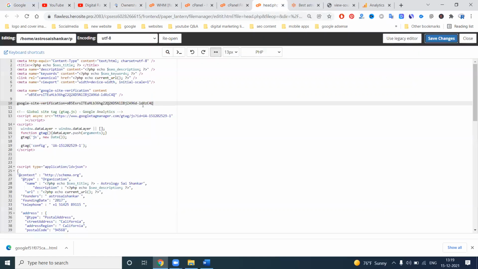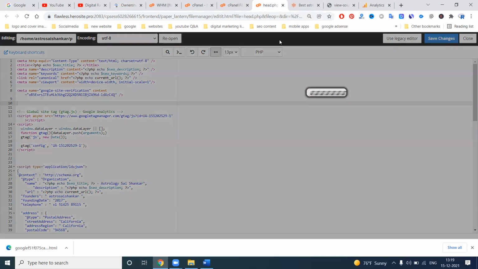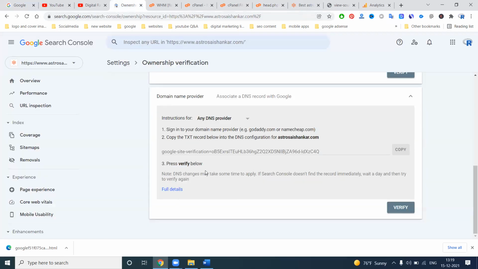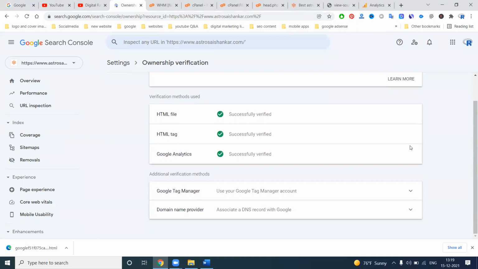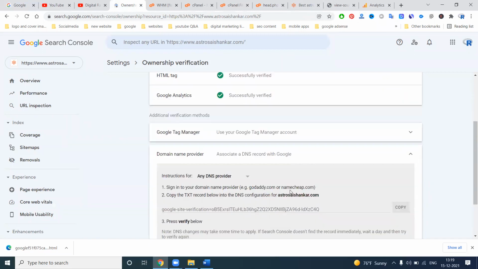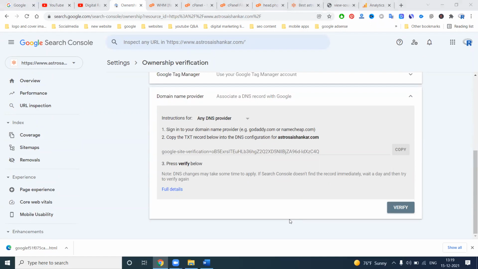That is what I'm showing here. This code will not work for your particular option. Where you purchased your domain, adding these details is not required. That is why I have not entered this particular code in the records. Suppose I have to use the record in this DNS. Give me one second, I'll show you. Log in to the GoDaddy account.